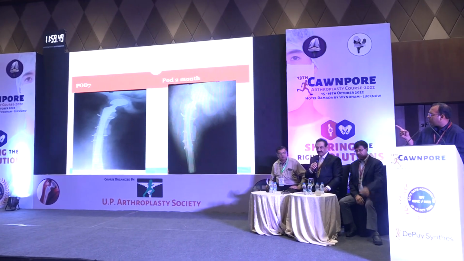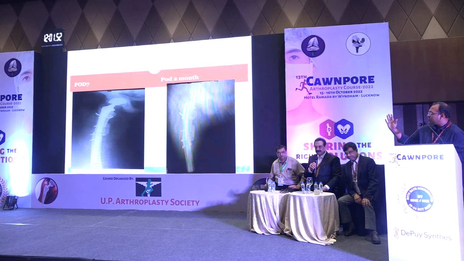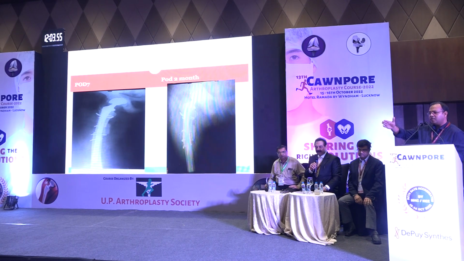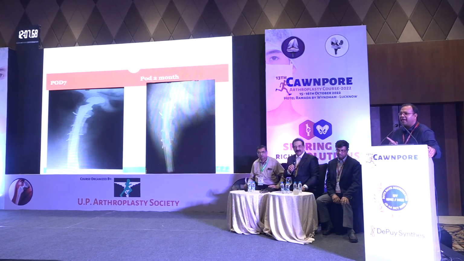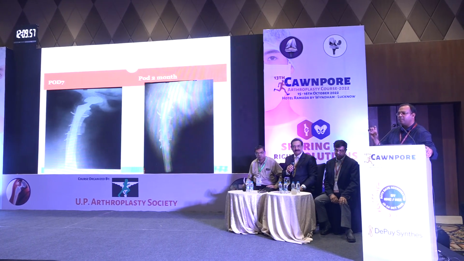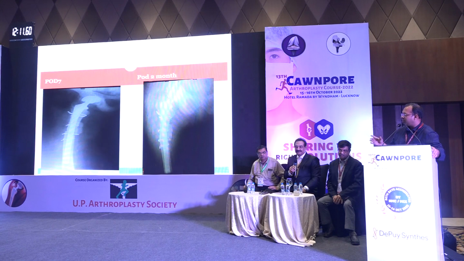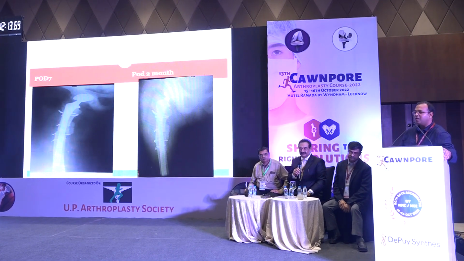So this looks a little varus. The stem has gone towards varus because of the bone loss at that side. I had reamed it centrally when I put it in, but somehow when I put the stem in, it went into this orientation.